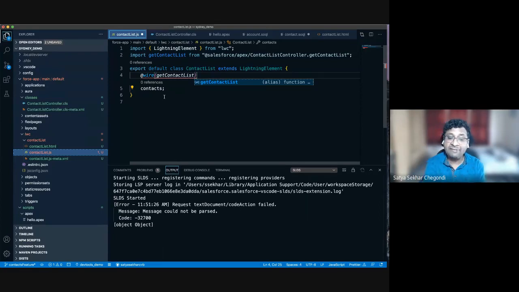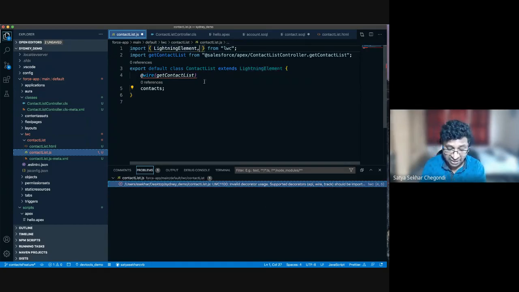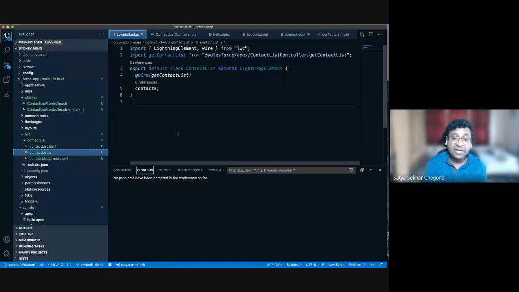Okay, so you have a skeletal code for everything that you do. And if you see here, it also shows a red squiggle. When I select this at the bottom, you can see that it says invalid decorator usage because I have used the wire decorator, but I have not declared it. So let's go ahead and declare wire here and save it. And there you can see that the problems went off. Okay, similarly,